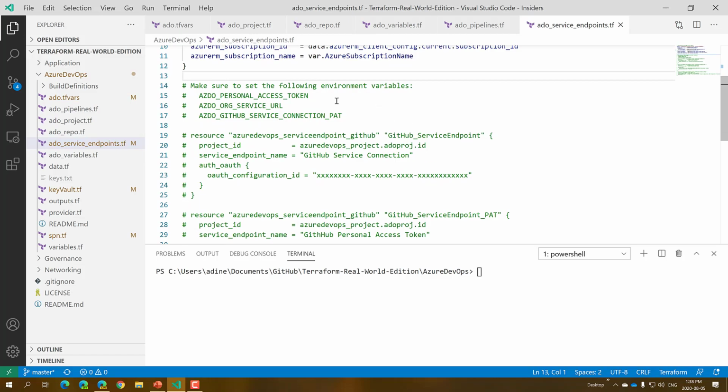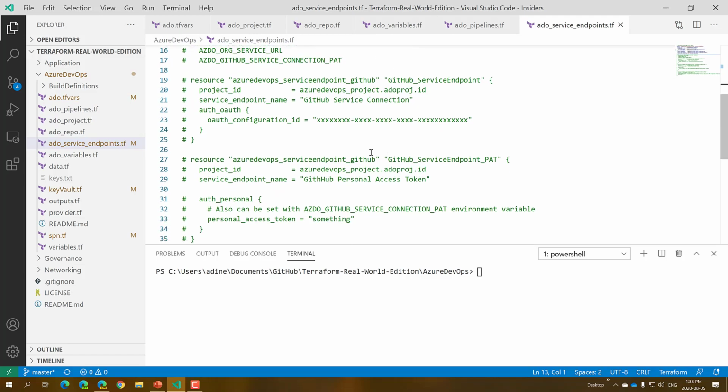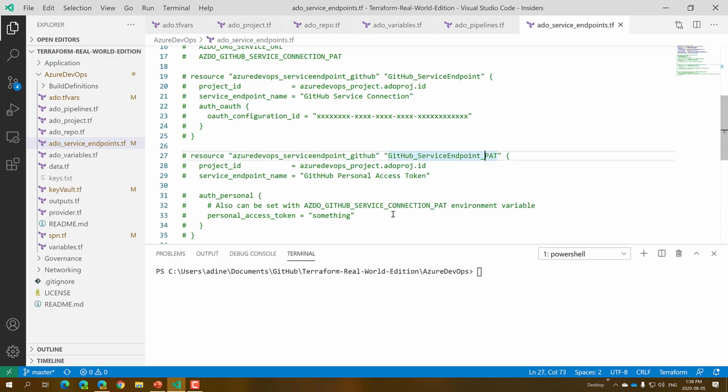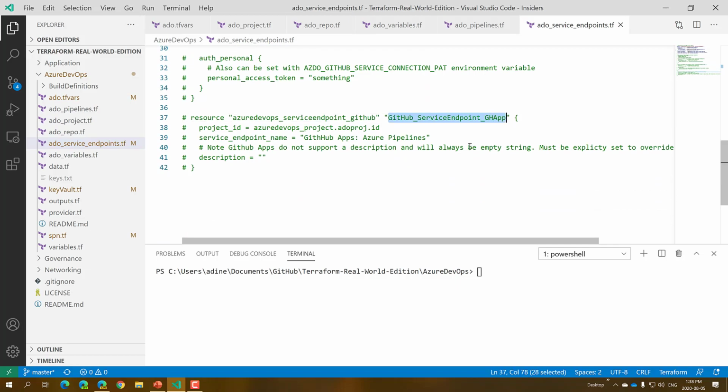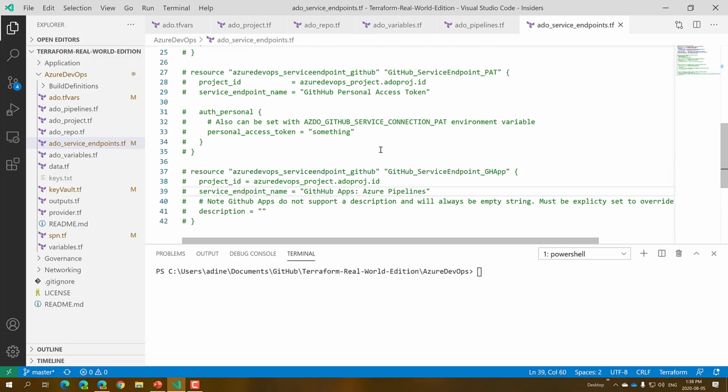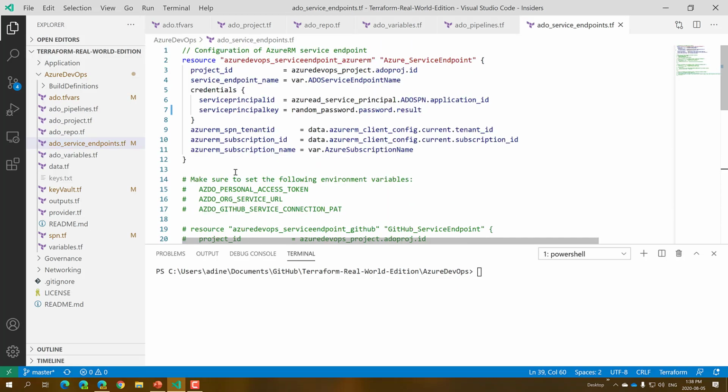We have the other example codes here, again, commented out just for reference from the GitHub endpoints, whether we're using the personal access token, whether we're down here using the GitHub app specifically. Again, I haven't used those and I was having some challenges with that, but that might be either my own limitation or maybe possibly some functionality that is not currently present. So let's kick this off